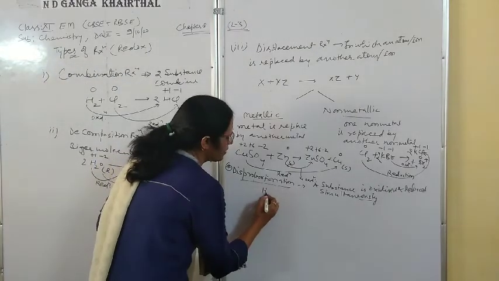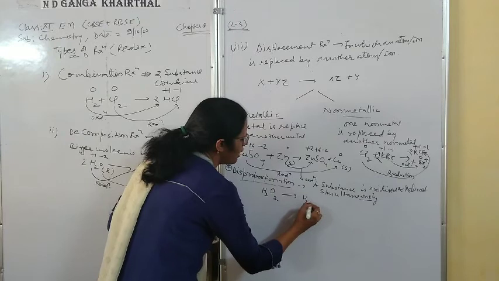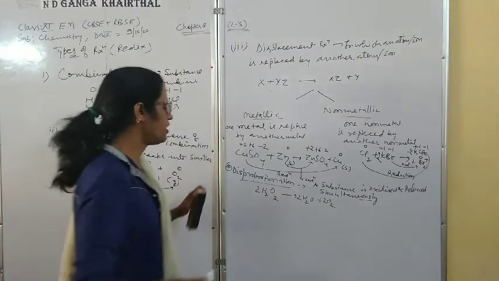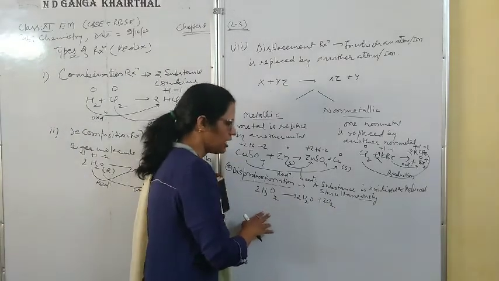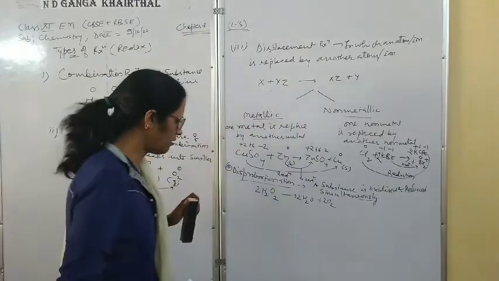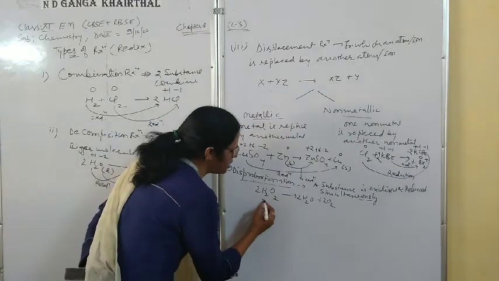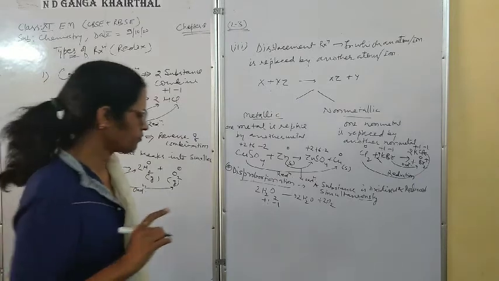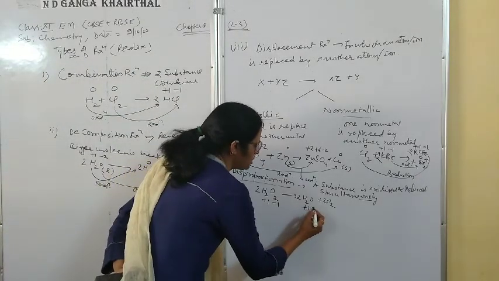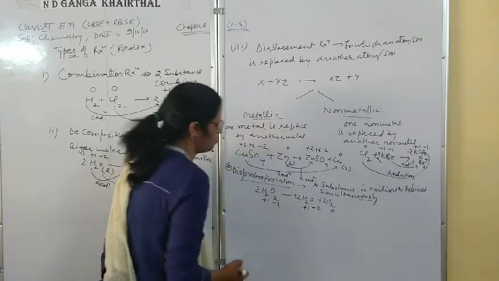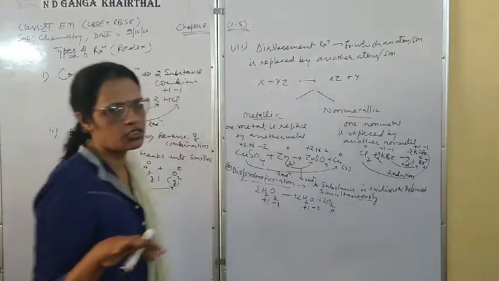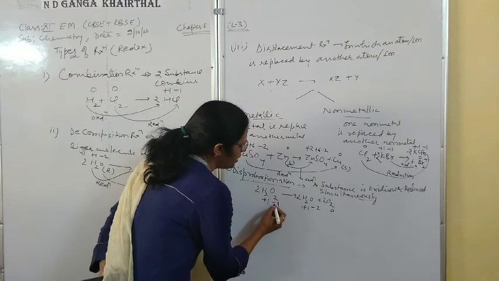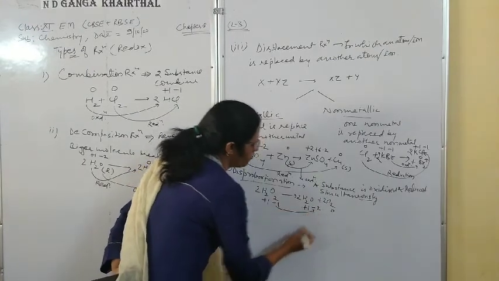The example is a simple reaction. For example, H2O2 is converting into H2O plus O2. We can write it like this. It's a reaction where H2O2, hydrogen peroxide, forms water and oxygen. Okay? Find out the oxidation number: hydrogen has plus 1, oxygen has minus 1, since peroxide is an exception. Hydrogen is plus 1, oxygen is minus 2 and this oxygen is 0. Hydrogen is the same, so there is no change in its oxidation number. But the oxidation number of oxygen goes from minus 1 to minus 2.